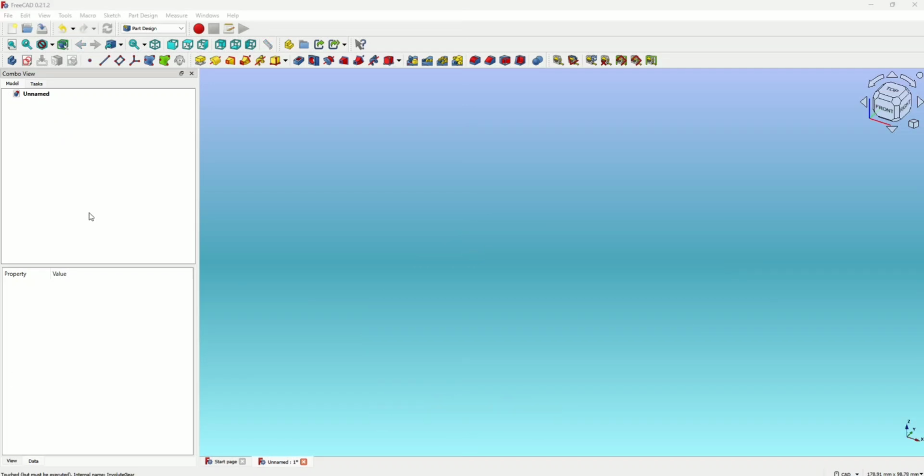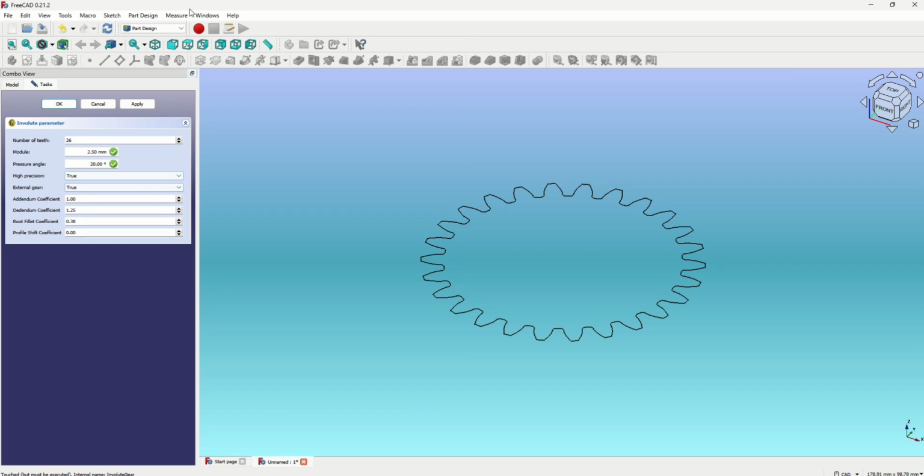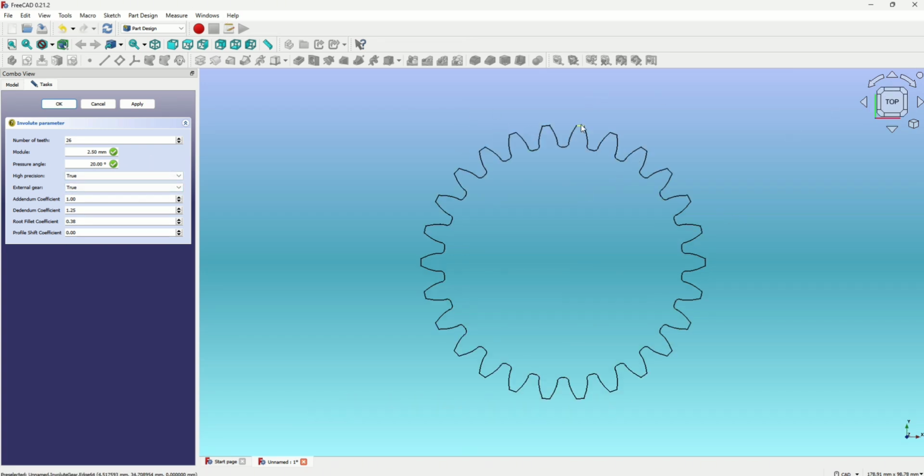So firstly, we're already in Part Design. We're going to go to Part Design on the top, and click Involute Gear. Once we've done that, we can do a whole bunch of things. Okay, let's do